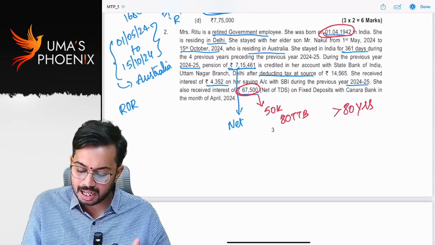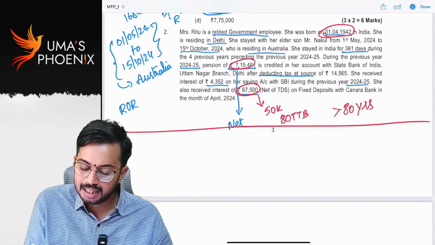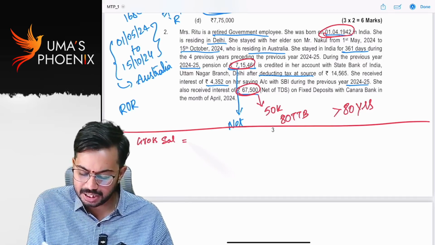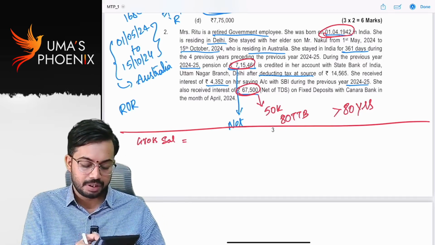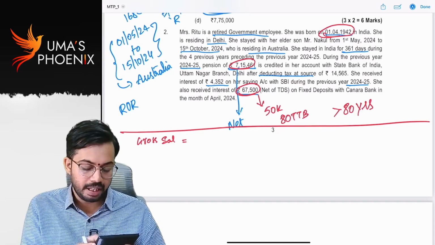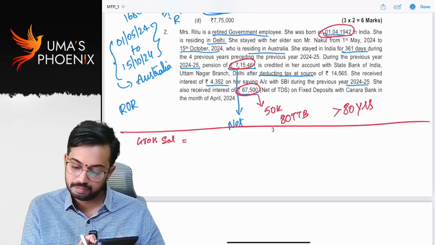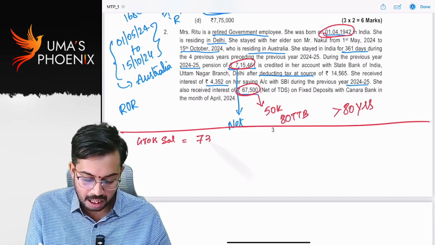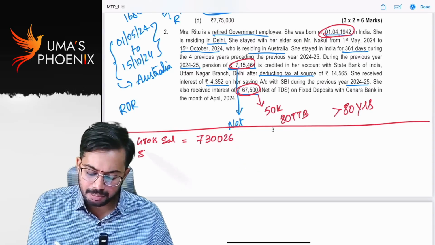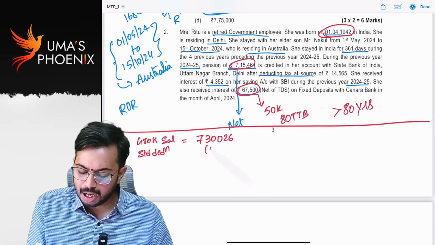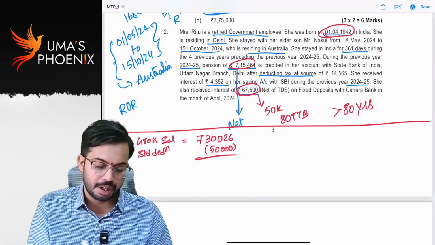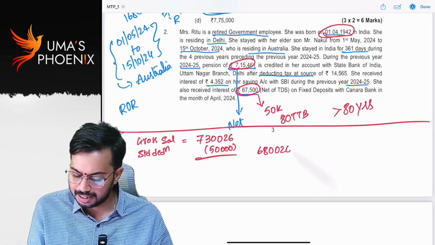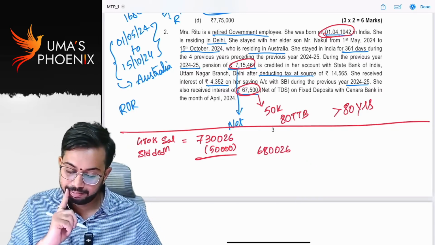Pension is taxable under the head salaries, right? Pension is taxable under salaries, but this is net. So how much is gross salary? Gross salary is equal to 7,15,461 plus 14,565, which is 7,30,026. From this you can claim standard deduction, right? Under normal provisions, standard deduction is 50,000. So how much is net salary? 6,80,026. Good. Next, she received